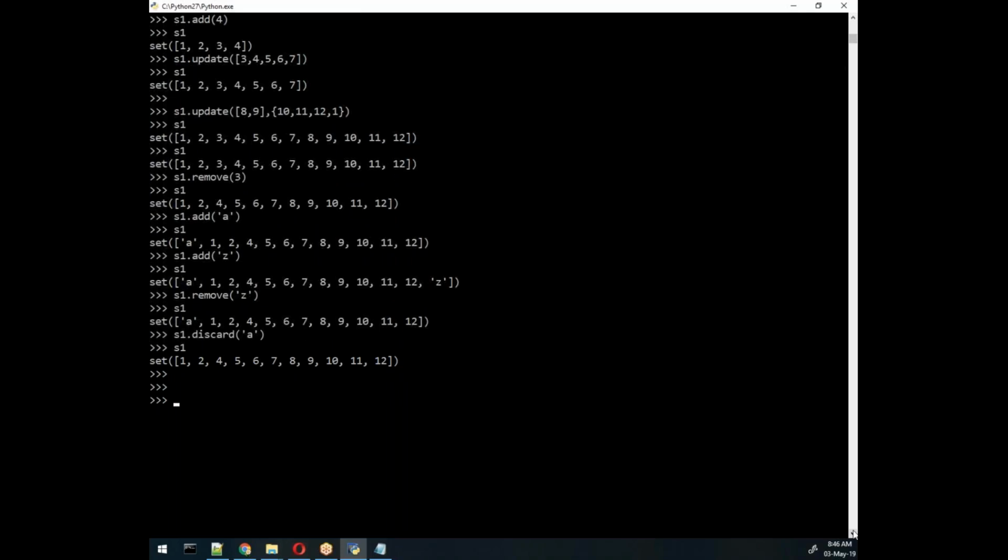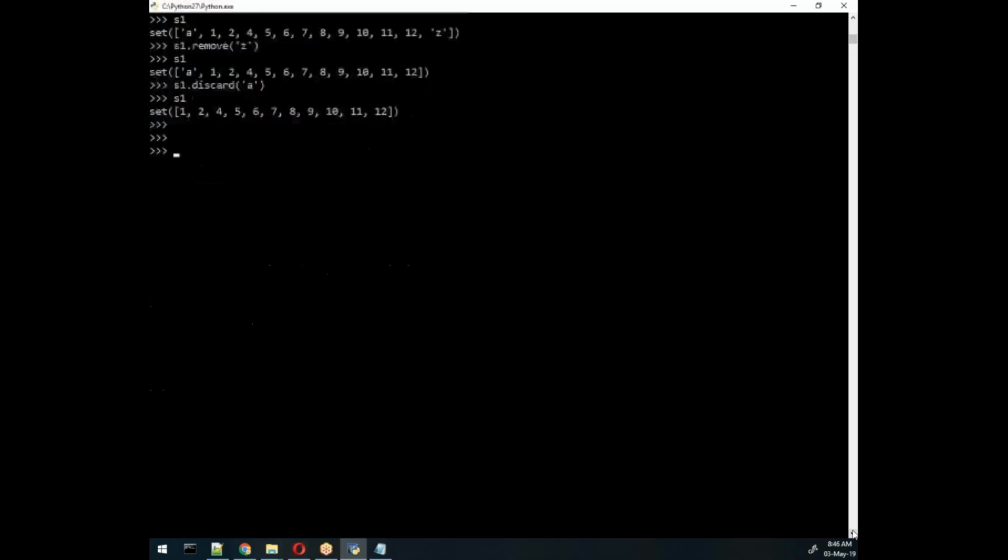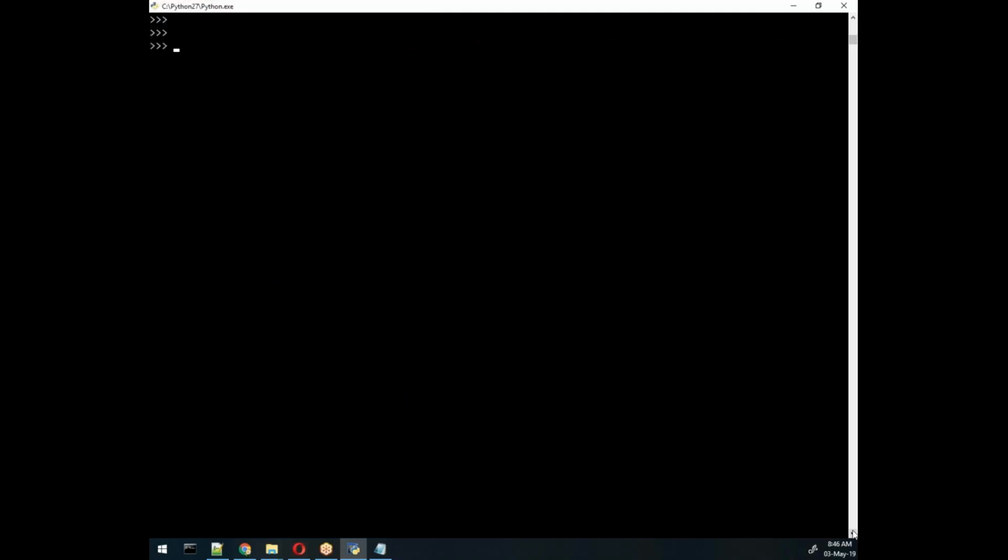Let me clear this thing. So we can perform intersection to get what's common in two sets. Suppose I specify here set 1 2 3, and b is equal to 3, comma 4, comma 5. So with set